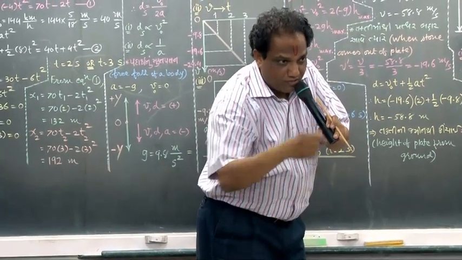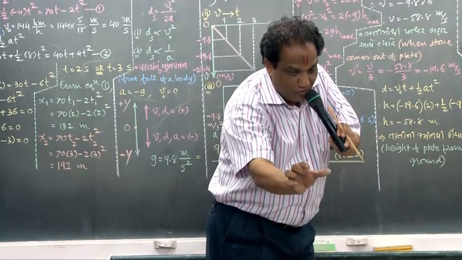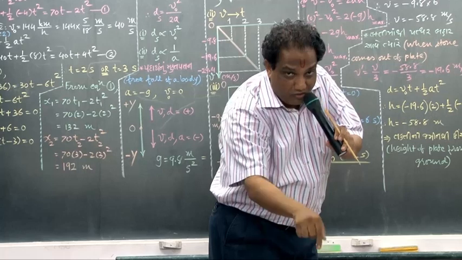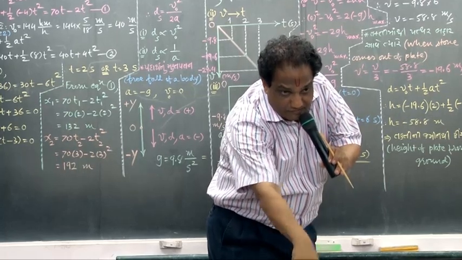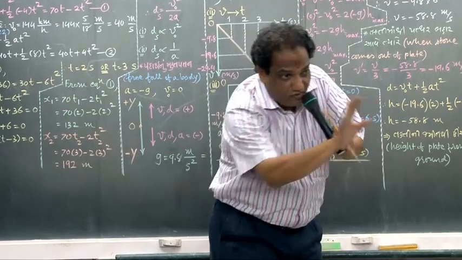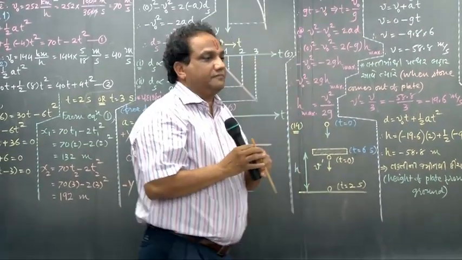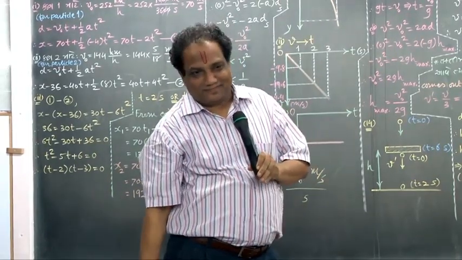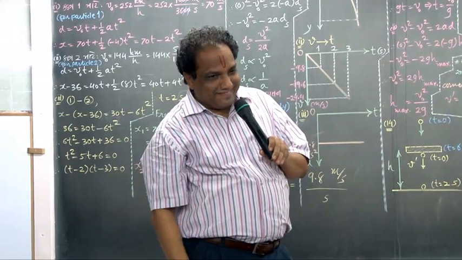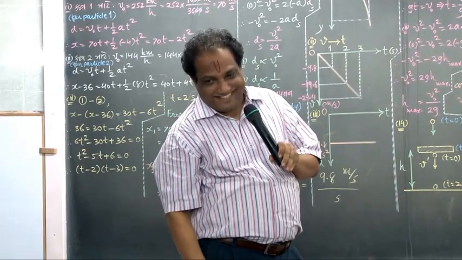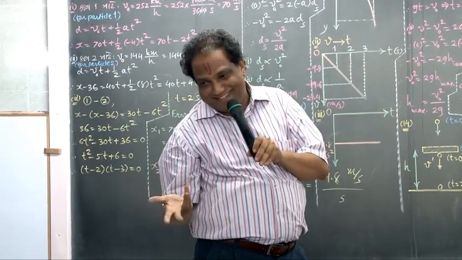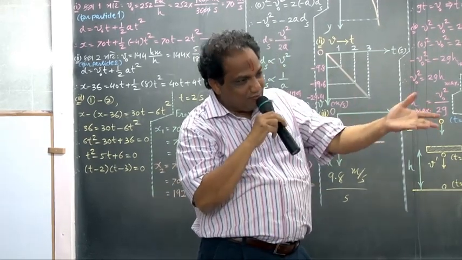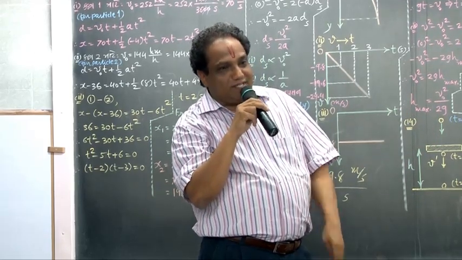Then what will you do? You will extend your hand outside the window. You will drop the coin. My question is, where will that coin fall? Exactly at the tree, or backwards, or forward? I am getting all the answers: backwards, tree at the same place, forward also. Answer is forward.